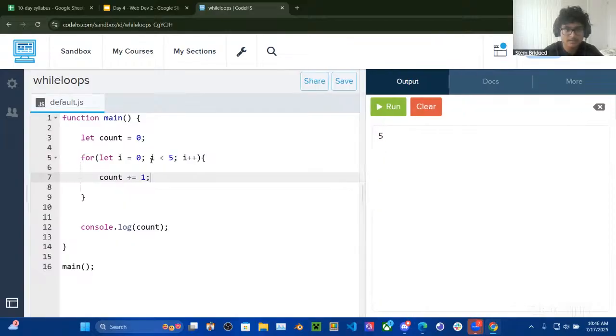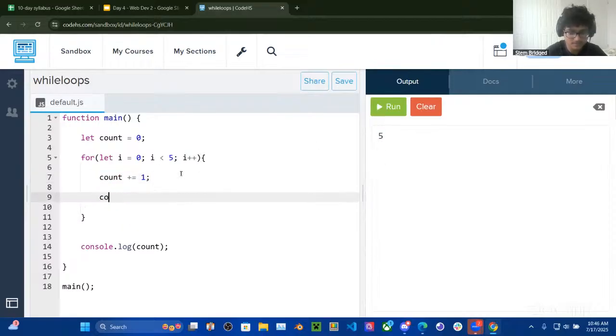So here you can see this loop runs 5 times because it starts from 0 and it goes to 4. It does not go to 5 because 5 is not more than 5, or 5 is not equal to 5. Wait, no. 5 is not less than 5. So if this loop runs 5 times and it adds 1 to 0 5 times, then you can see the total is 5. So if we just console log this out,